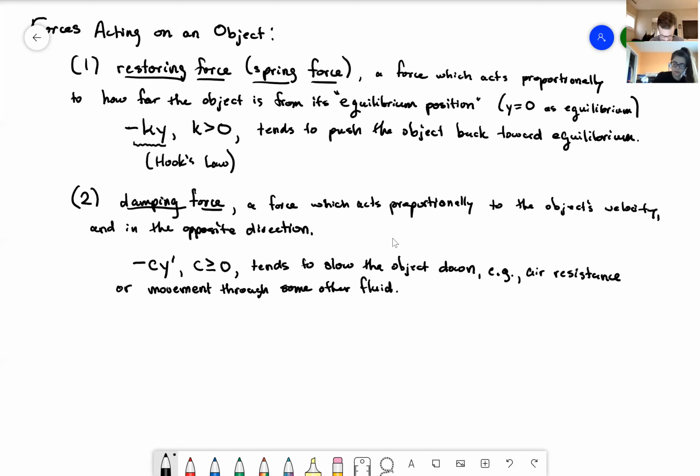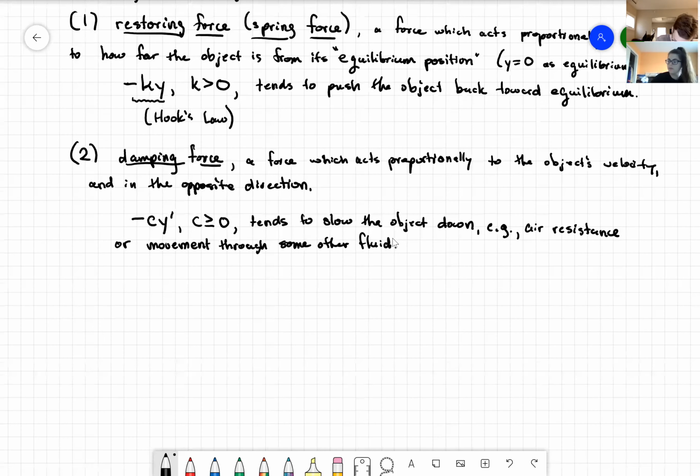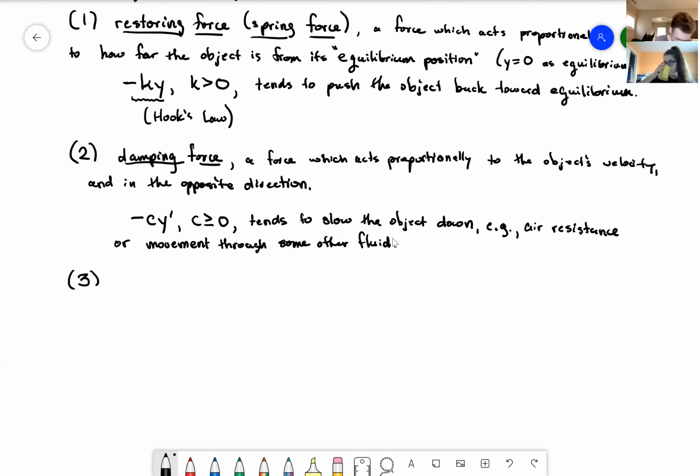Well, I won't go into any more detail on that than already. Okay, and finally, there is what we think of as an external